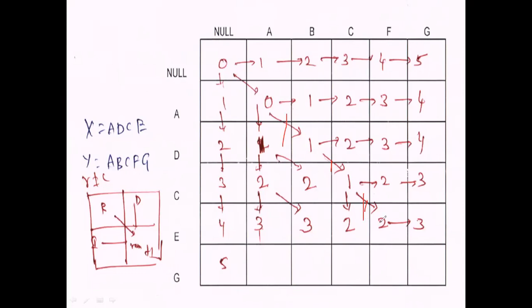Next one is 3. Same, the total number of operations is 3: one delete operation and two replacement operations. The horizontal arrow represents the deleting operation, the vertical arrow represents the inserting operation, and the diagonal arrow represents the replacement operation. So same A, B, C, D. Okay, last one, same.